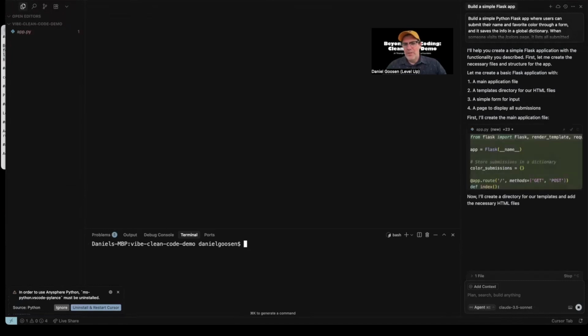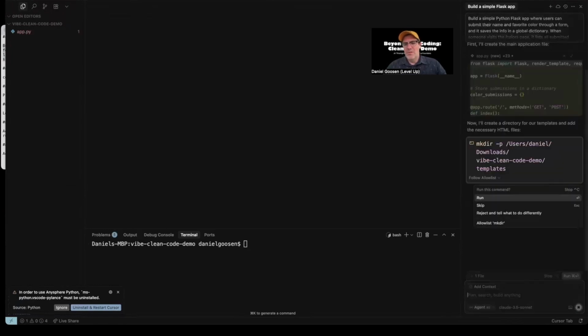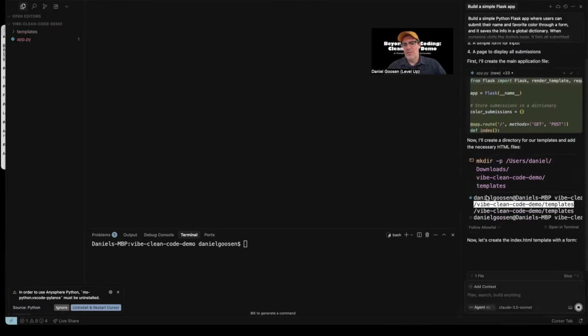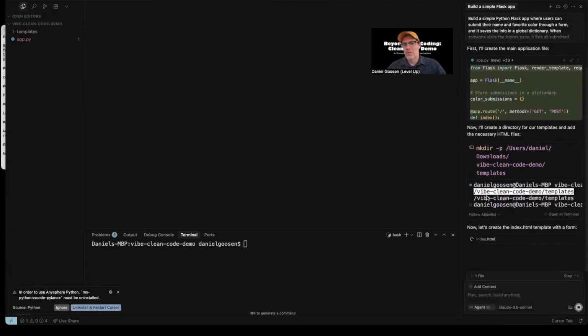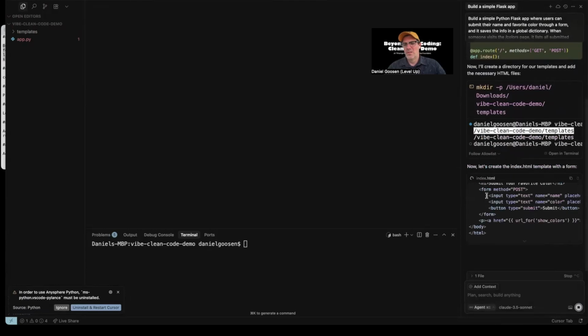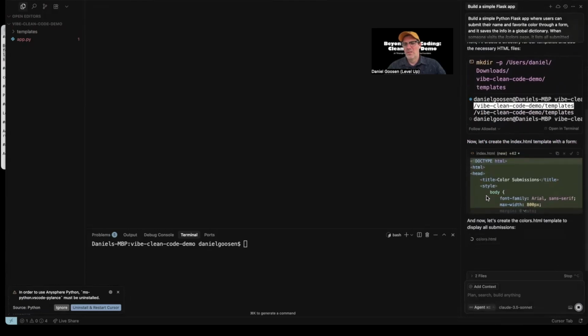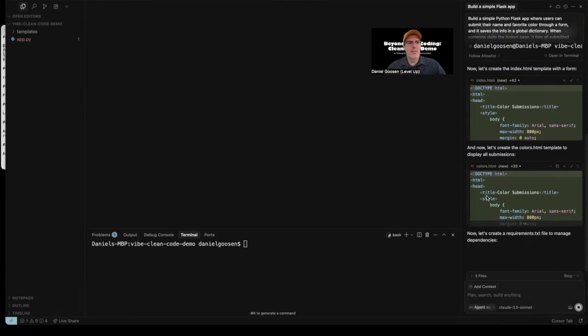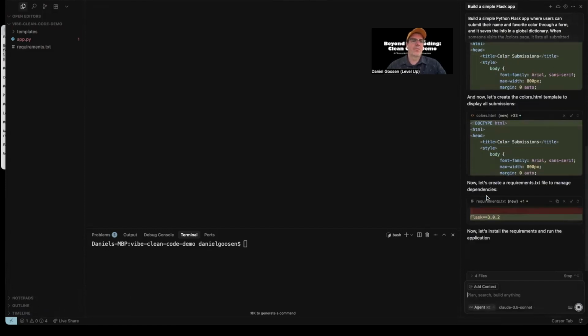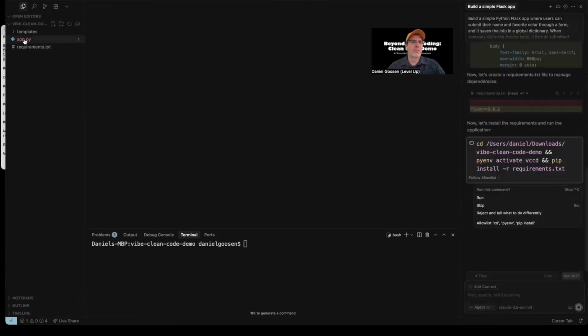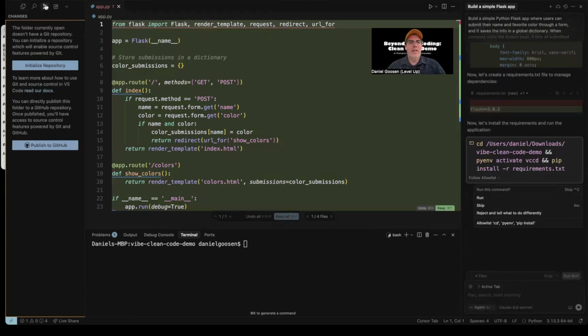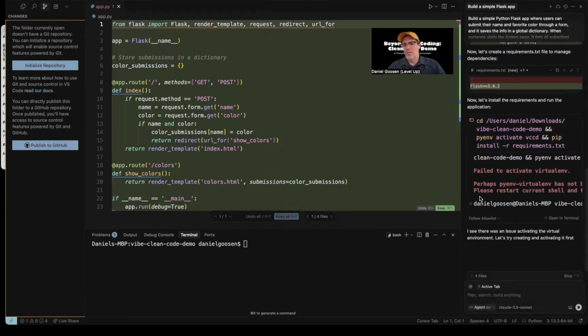And so I need to read this a little bit. It did some funny things the first time that I ran through this, and so I will need to pay a little bit of attention to this. It's doing the basic setup of the files. We do see some files coming in here right now. And I'll let it do what it wants to do now.